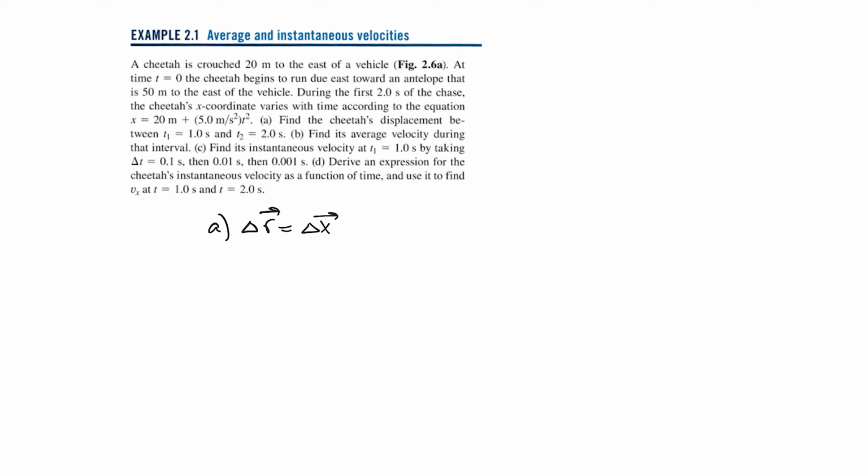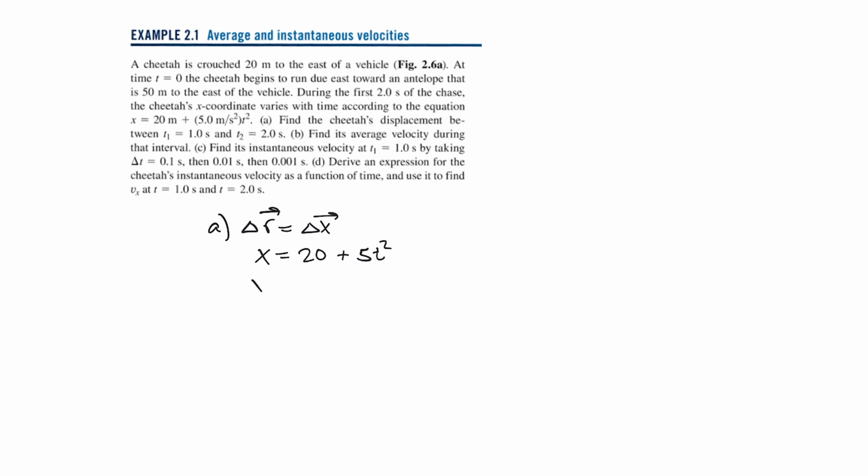So the notation is changing a little bit just to specify we're only looking horizontally here with that delta x. To find delta x, we need to know the x at time 1 and time 2. Now they haven't given us the two positions. They have given us the equation for the x, and that equation is x equals 20 meters, I'm going to leave out units here, plus 5t squared. That's our x. So to find x at time 1 and time 2, we just need to plug those times